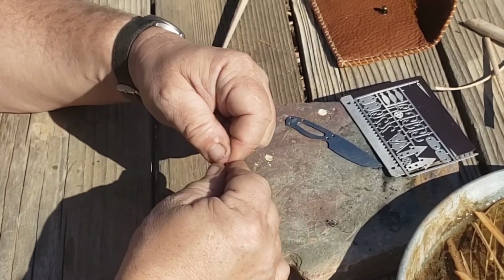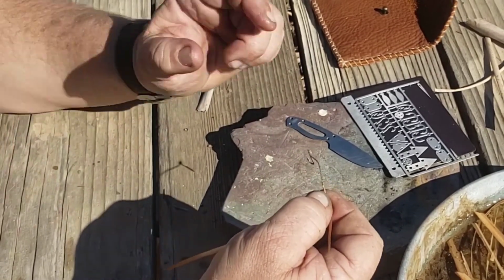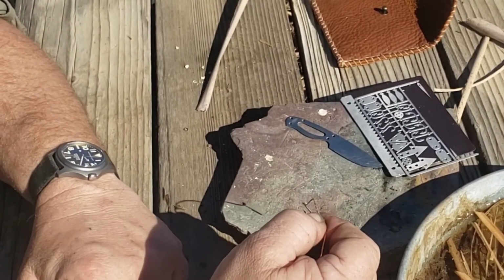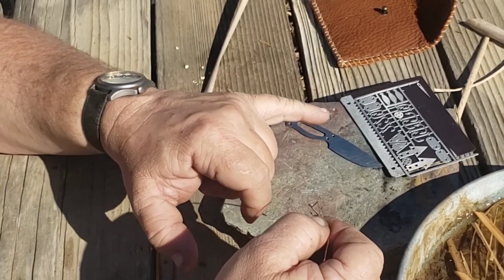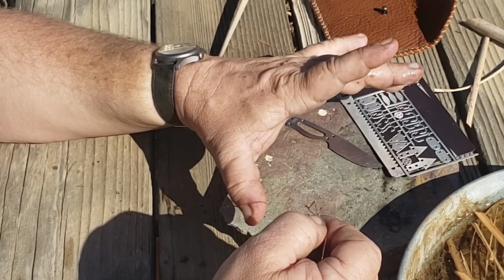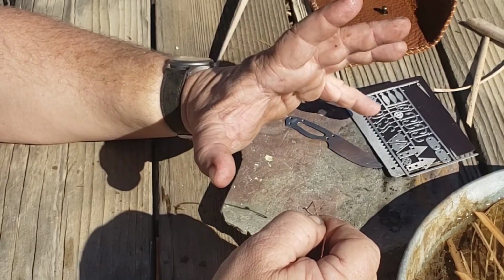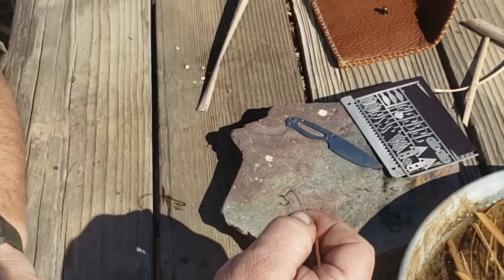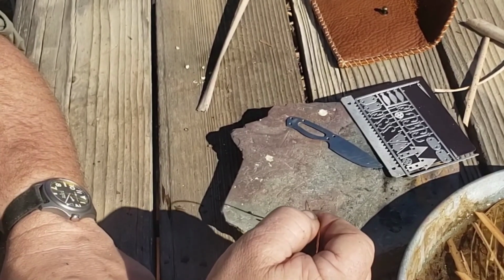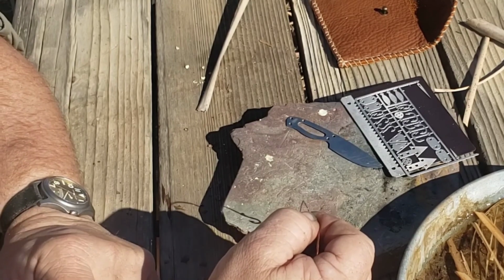It's easy. You can make fish hooks out of thorns and all kinds of stuff, but sometimes when you get dropped in the middle of a situation, you can make your own fish hooks as you go, but these are relatively inexpensive, easy to use, and pretty well done right out of the gate. If you've got nylon cord or nylon thread, you basically have a fishing system. If you have a lot of nylon thread, you can make a hand fishing system,